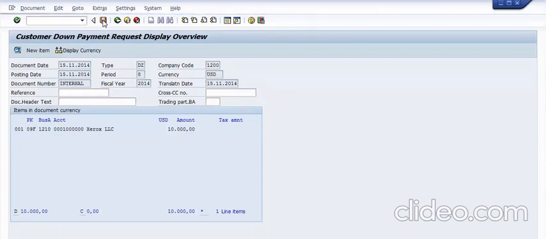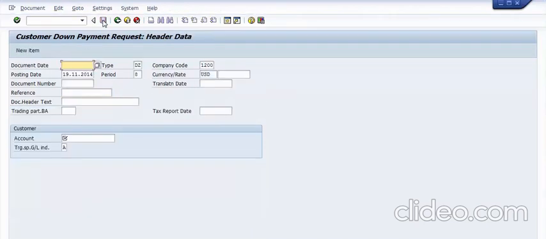A document number will be generated. As you can see on the screen, on the footnote, a document number is generated. It says that this is the down payment request. So now a down payment request has been created. If you want to see this request